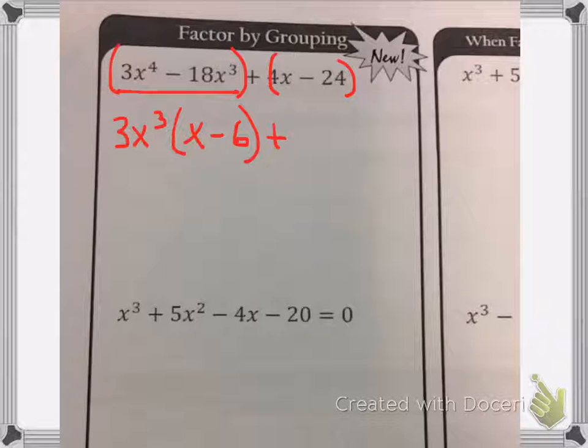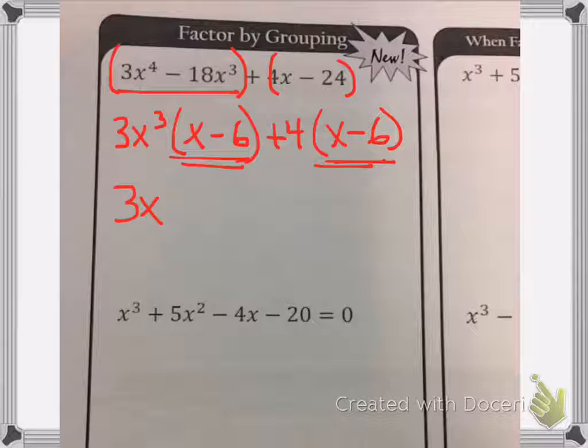Then in the middle here, we're going to factor out the greatest common factor, which is a 4. When we factor out the 4, we're left with x minus 6. When I get these to be the same inside the parentheses, that tells me that I did it correctly. Then it just becomes a matter of rewriting it. I'm going to write the 3x cubed together with the plus 4, and then I'm going to only write the